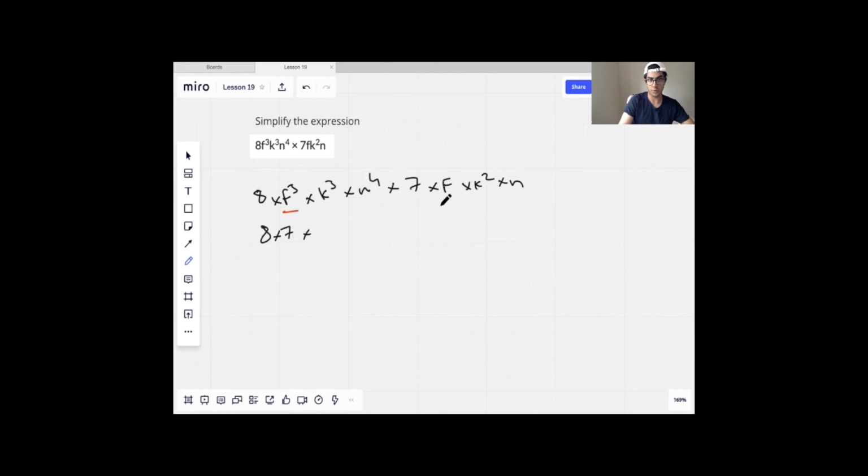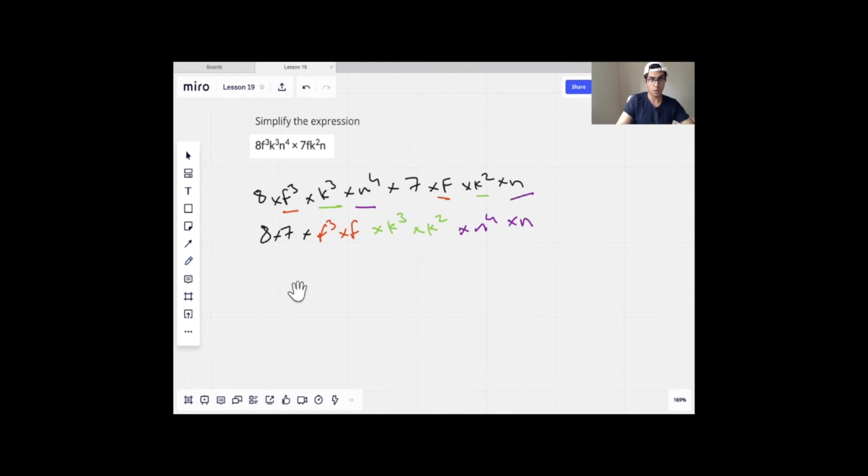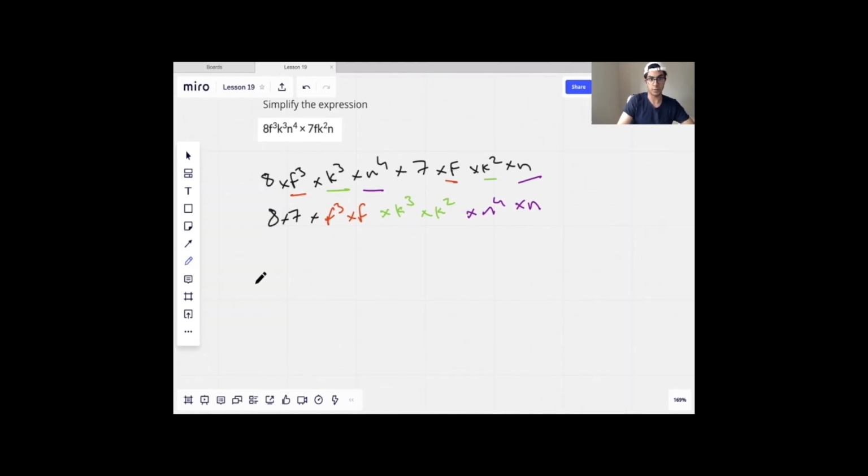So f cubed times f cubed times f, and then k cubed times k squared, and then n to the 4 times n. Well, that comes out to 8 times 5 is 56, and then f cubed times f. Okay, well, if we go back to our laws of indices, we know this is f to the 3 plus